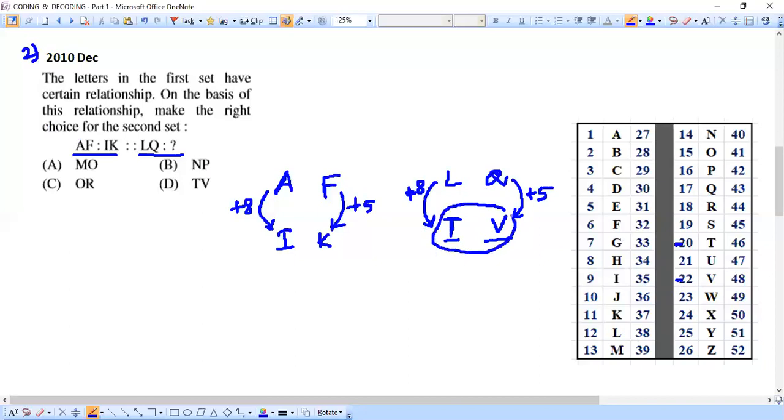And now we can confirm that our answer is matching option D. That's it. So option D is going to be the correct answer for our second question. I think this question you might have felt very easy. Yes. We'll move on to the third question now.